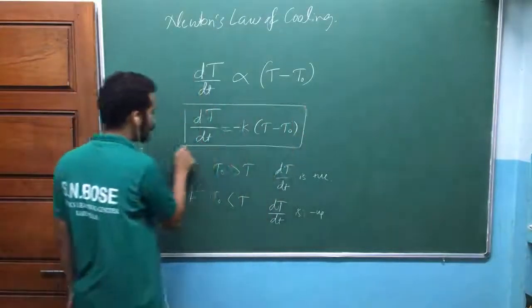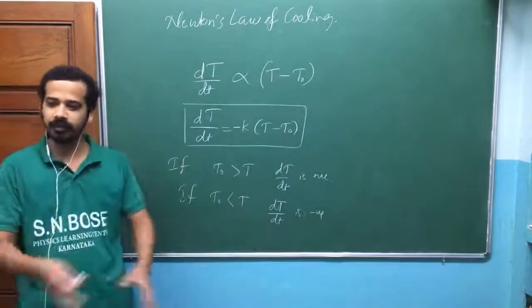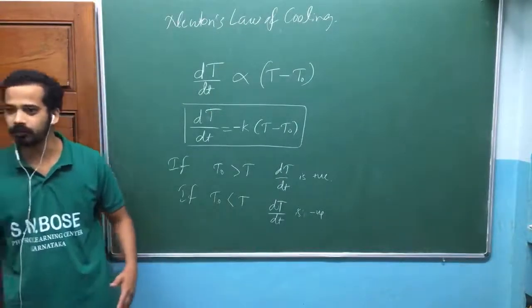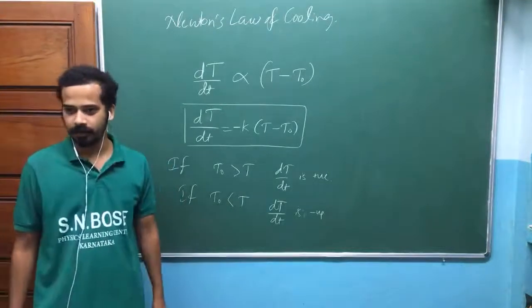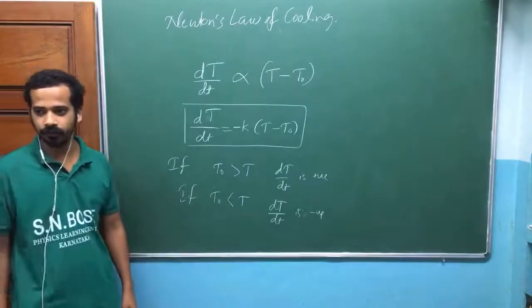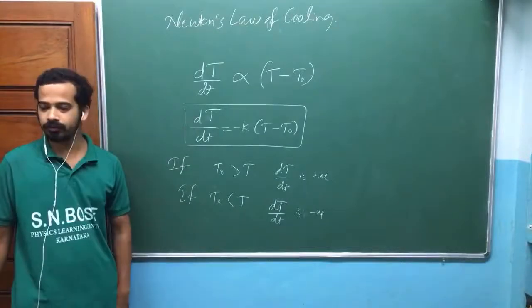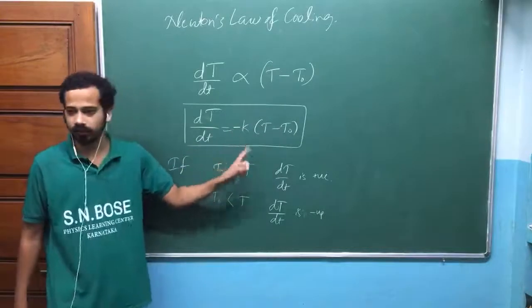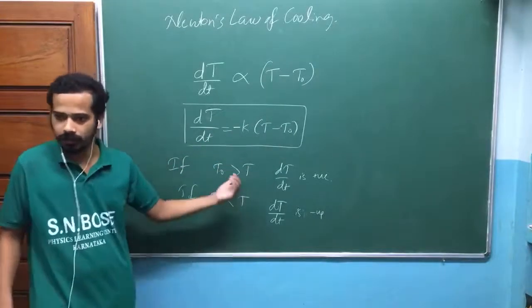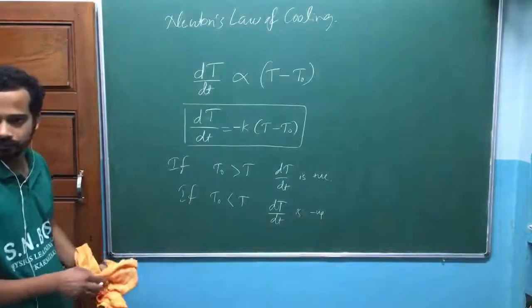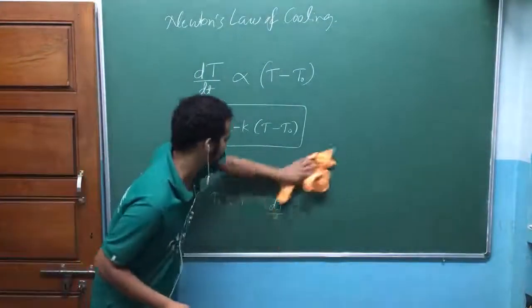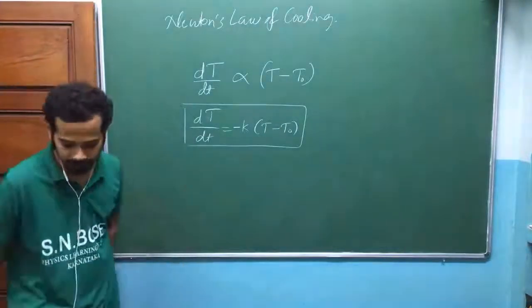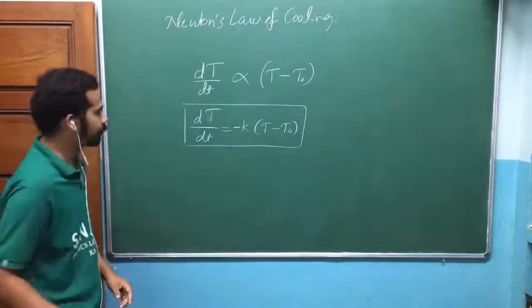Earlier, in the radioactive decay problem, we had only one possibility, decay, decreasing with respect to time. That's why we wrote minus lambda into N. But in Newton's law of cooling you have two situations, where temperature can increase or decrease with respect to time. That's why while modeling, you should take that negative sign properly. Is that clear? Now the modeling is done. I could absorb that negative sign into k also, but let me keep it as it is.